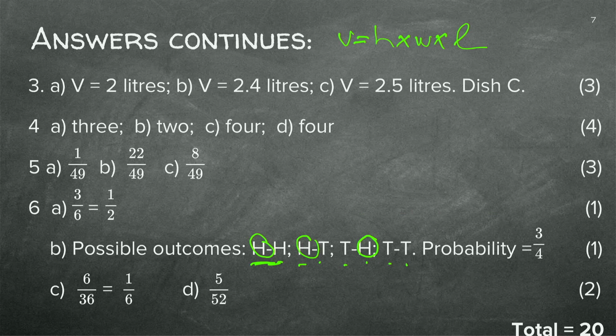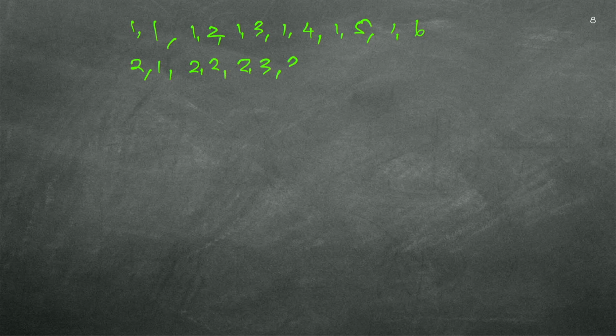So now, similar to the heads and the tails, we're going to work out, and I've got a blank page here. We're going to say, so we've got 2 dice. So we've got the possibility of a 1 and a 1, and we've got a 1 and a 2, and we've got a 1 and a 3, a 1 and a 4, a 1 and a 5, a 1 and a 6. You agree with me? The one dice will have a 1 and the other one will have a 1, or a 1 and a 2. So now it can also be 2-1, 2-2, 2-3, 2-4, 2-5, and 2-6.